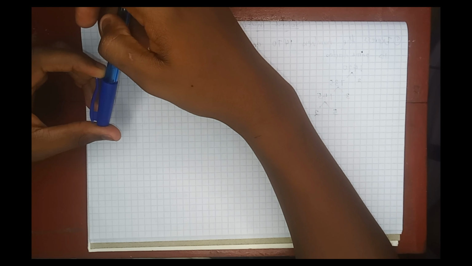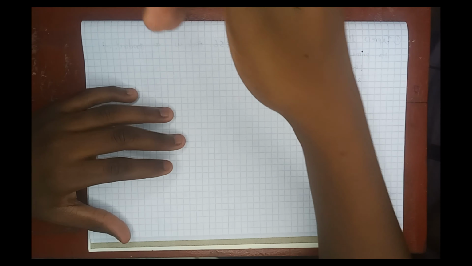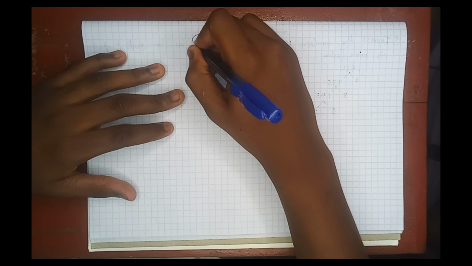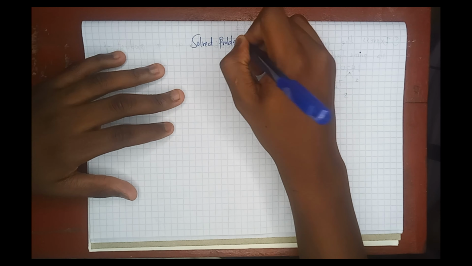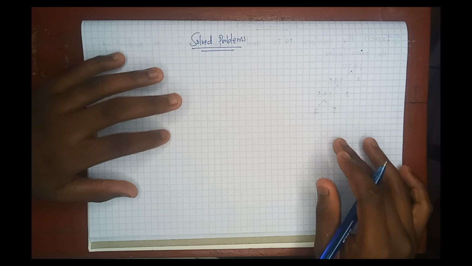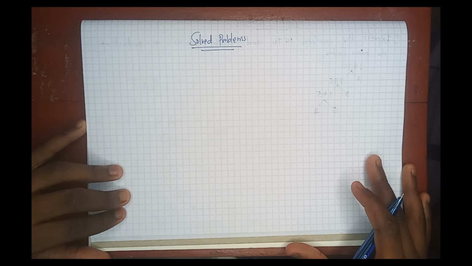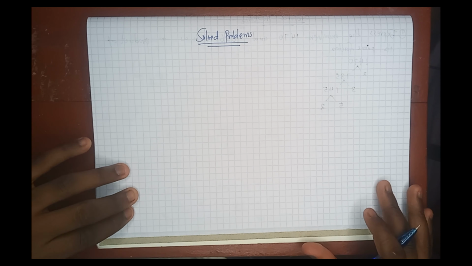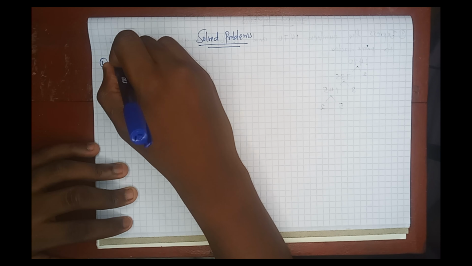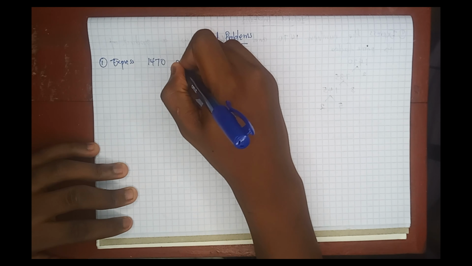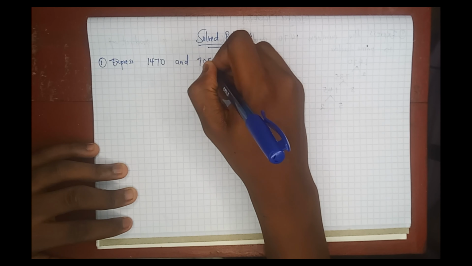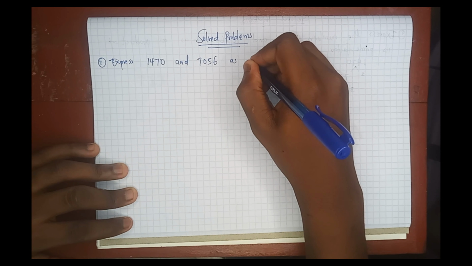Today I will be solving one problem concerning factors. So just going to be quick, so just make sure you follow through. Be keen. So the question is: express 1470 and 7056 as products